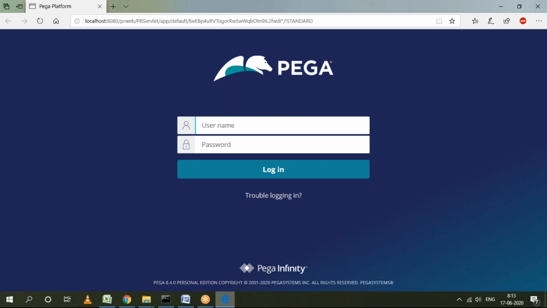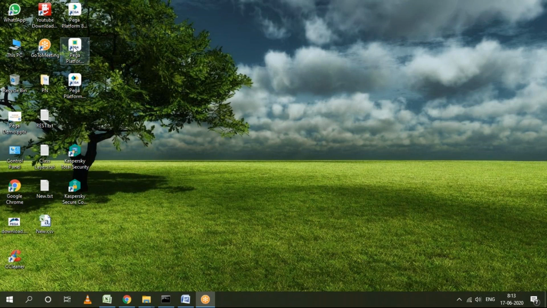So there is no need to do this for the first time. But from the second time, suppose today I want to shut down the system. What do I need to do? Close the window and click on the shutdown icon. Within about 20 seconds the server will shut down. Then you can shut down the system. When you start the system again, start the server, which takes some 3 to 4 minutes, then click on the login icon. So from the second time we have to manually start the server and manually click on the login icon. Only during the first installation does everything load automatically.